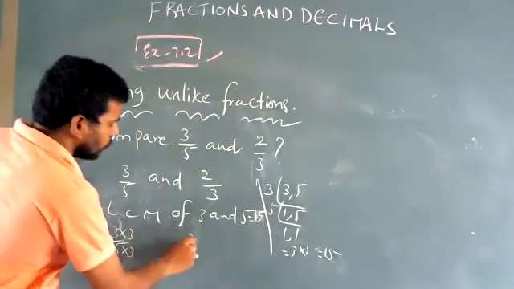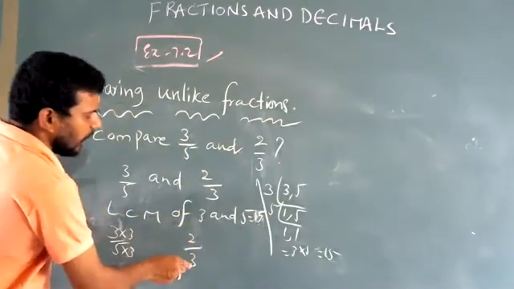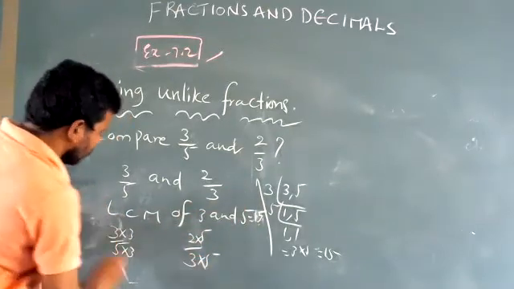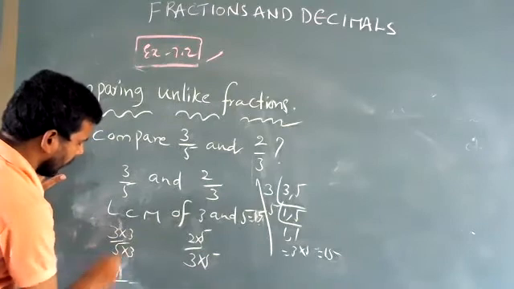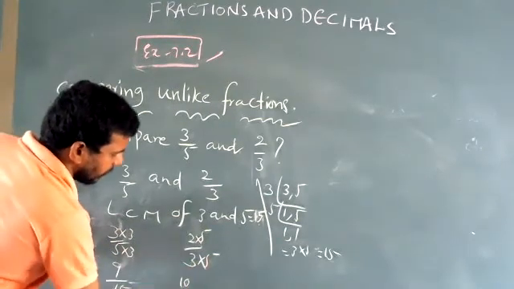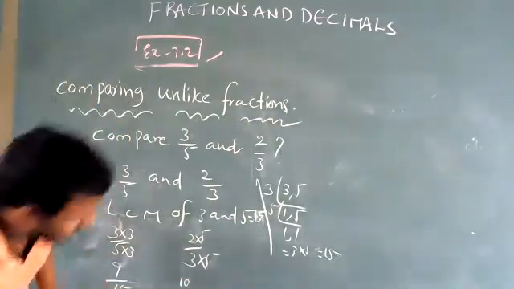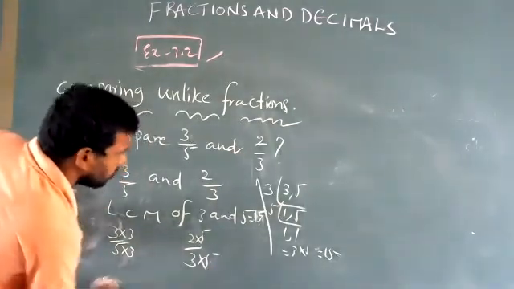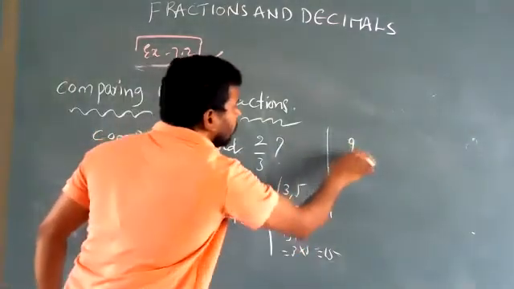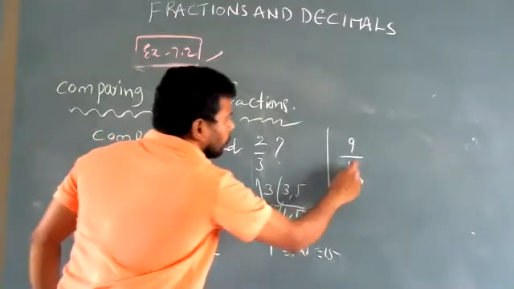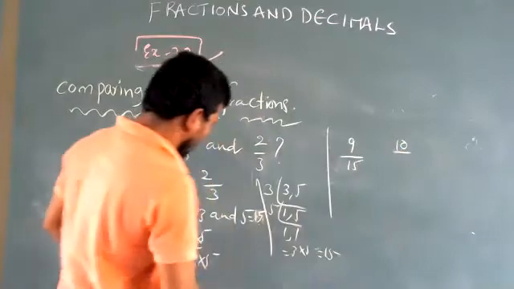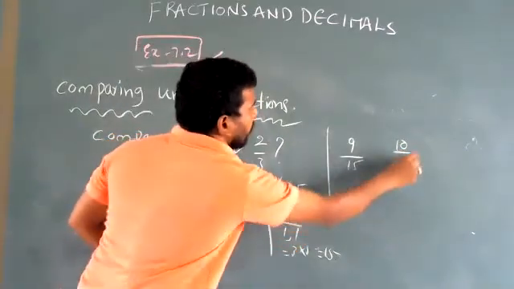Now bring down 2 by 3. This denominator 3 in 15 is divisible 5 times. 3 3s are 9, so 9 by 15, since 3 5s are 15. Here, 3 3s are how many, children? 9 by 15. 3 5s are 15. And 2 5s are 10 by 15, since 3 5s are 15.